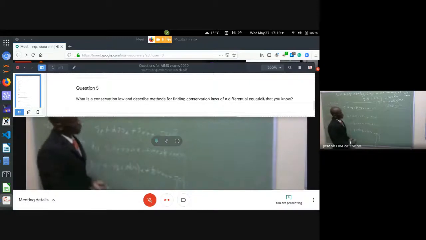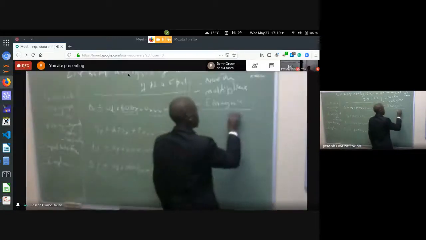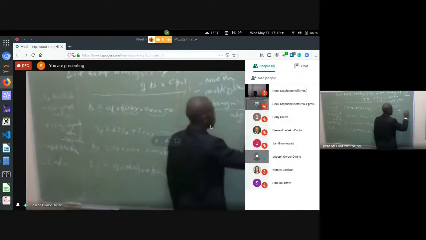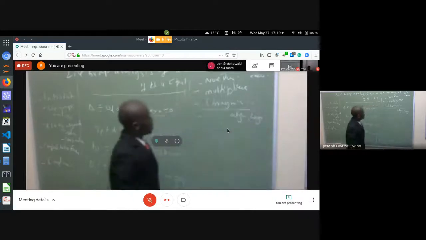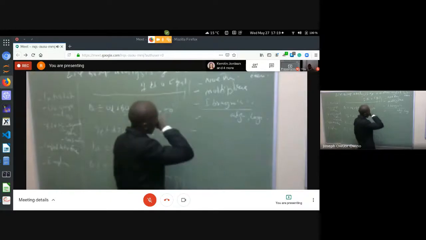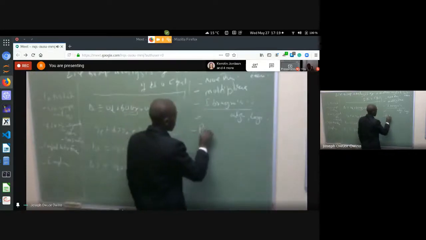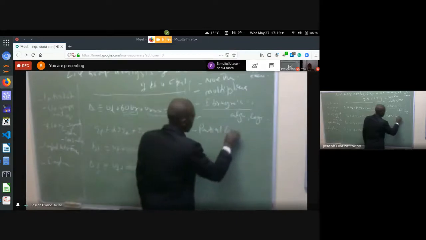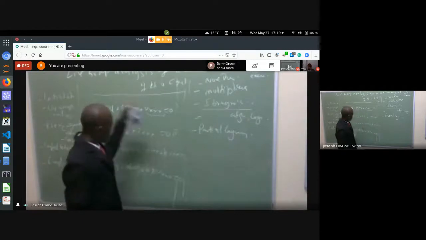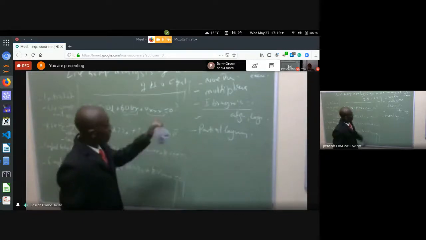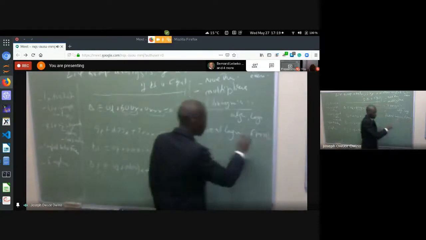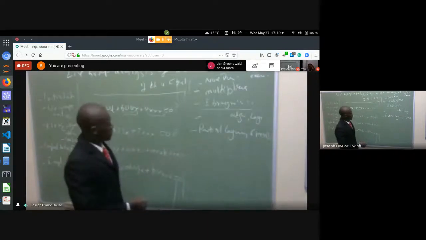So you can apply Ibragimov's theorem, and here you need to define the adjoint equation, and then with the adjoint equation, you can find a Lagrangian for any PDE, and then find a conservation law. There are other methods. There's a method called partial Lagrangian. This one I was reading when I was still learning this field. I read this method. It was discovered in around 1999. I'm not sure of the year, but it's a very recent method, and